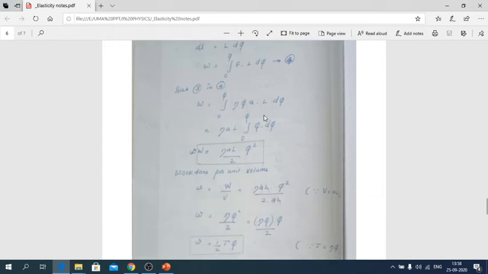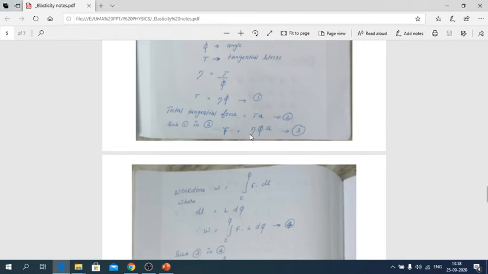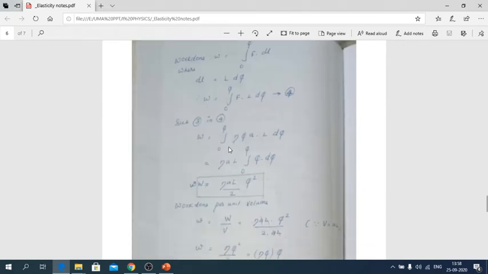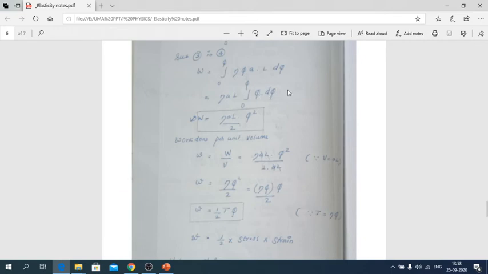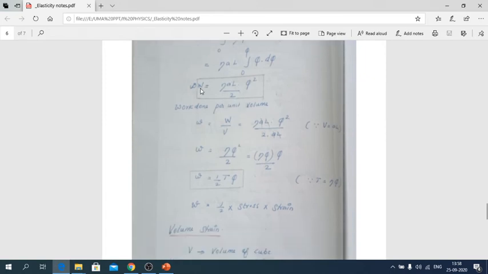F is equal to eta pi into A. Just to substitute the value here, then take the common term outside, pi into pi dot T pi, we have to integrate it. So then x dot dx is equal to x squared by 2. Similarly, pi dot T pi is equal to pi squared divided by 2. Then this is a W.